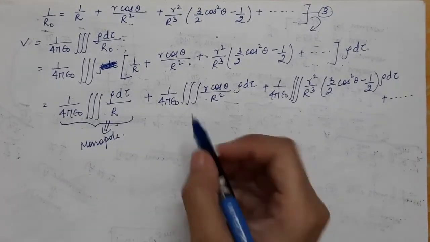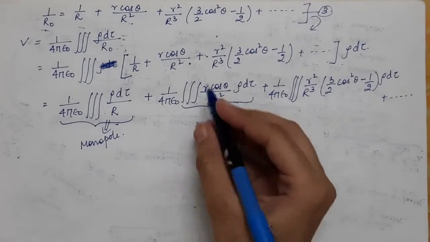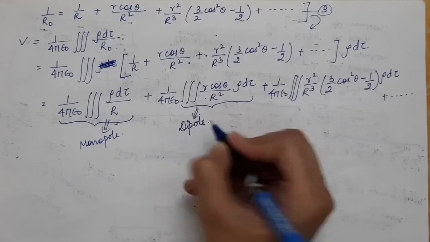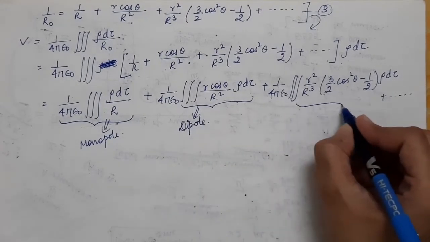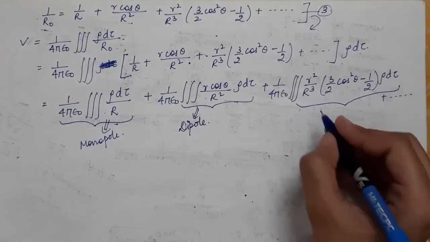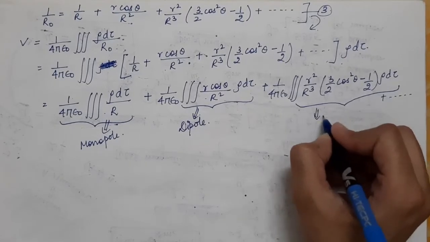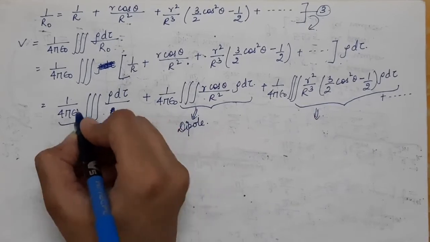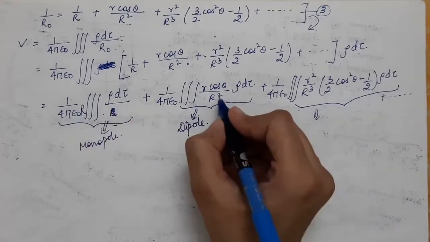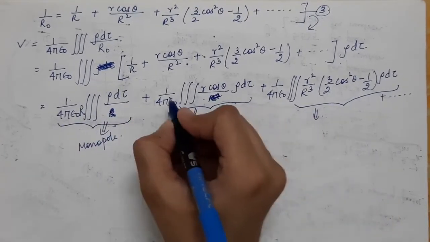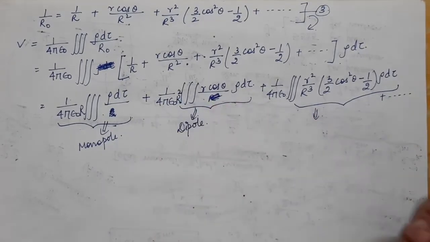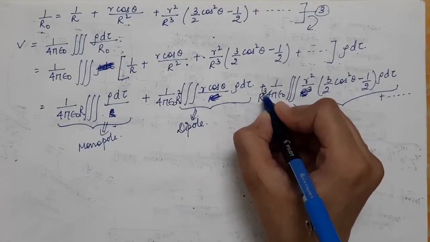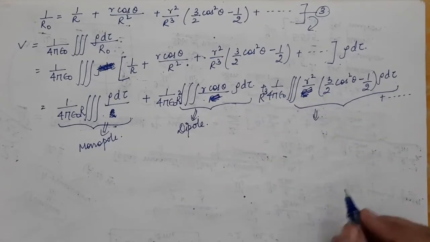This is called the monopole, and this integration is called the dipole. And this term is called the quadrupole. The r square term can be taken outside, so this will be capital R square, and this r cube can also be taken outside, which is capital R cube, because we knew that in the diagram that we have drawn,